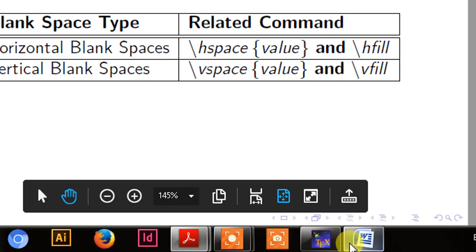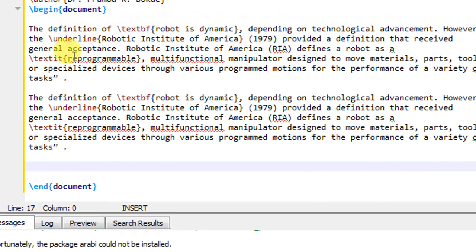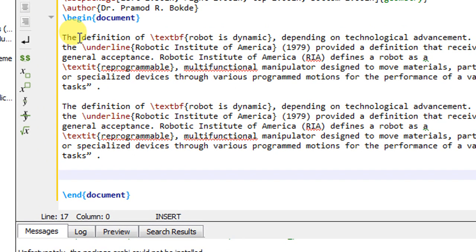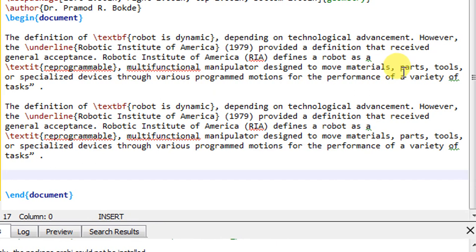So let us see here. Suppose now we have these two paragraphs. If we want to leave some spaces between two words, suppose here the text is "the definition", LaTeX will not leave any extra white spaces between the two words.